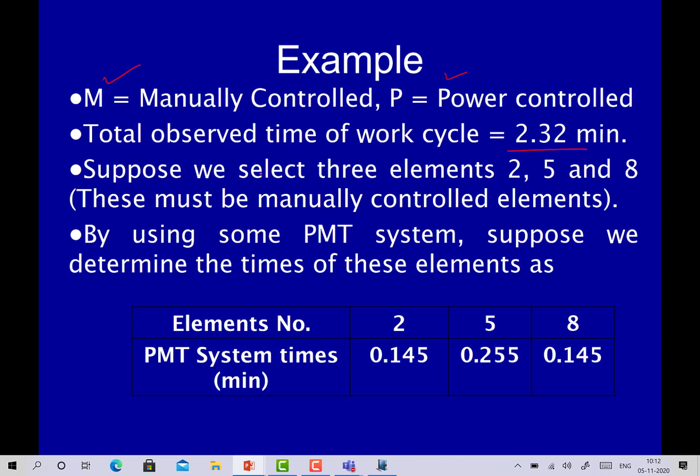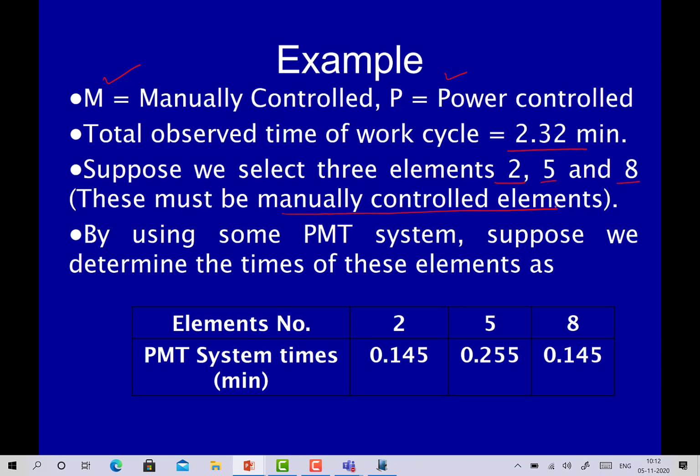So suppose this is the average observed time for all the elements, observed time only, not the normal time or the standard time. Suppose we select 3 elements, 2, 5 and 8, which are manually controlled elements,